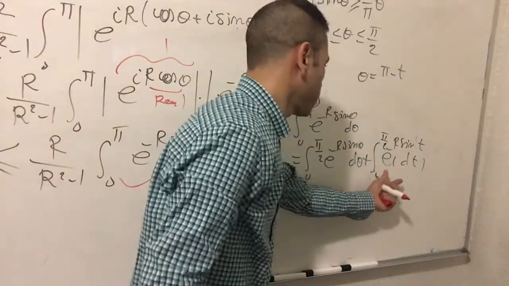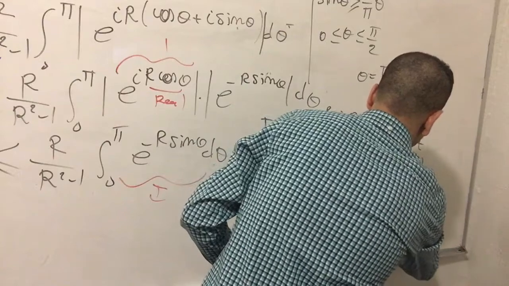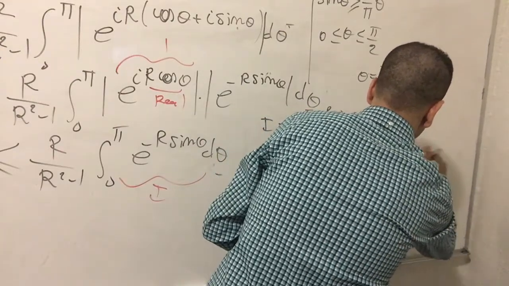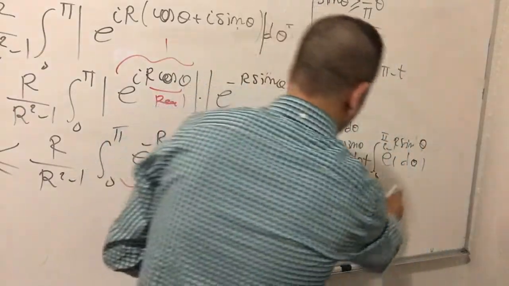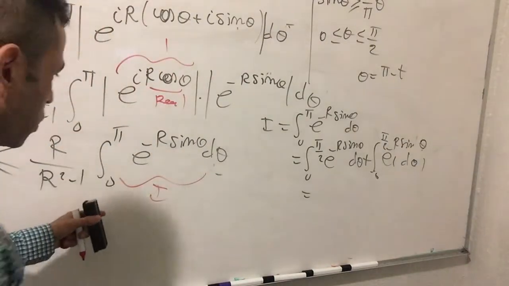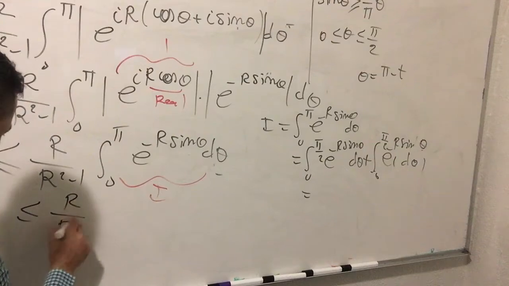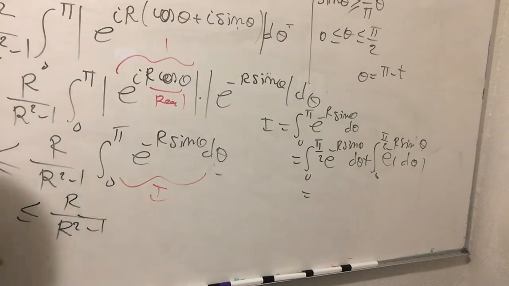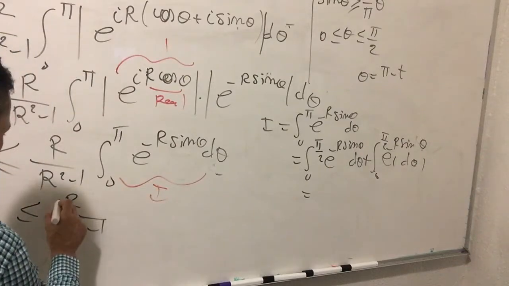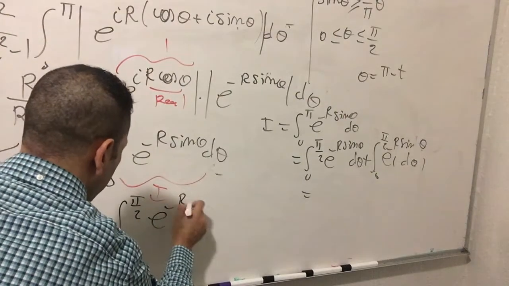And it's no problem if I go back to the original variable, so I will have d theta. If you take a look here, this integral equals this integral, so that means the integral equals 2 times this integral. So r over r squared minus 1 is multiplied by 2 times the integral from 0 to pi over 2 of e to the minus r